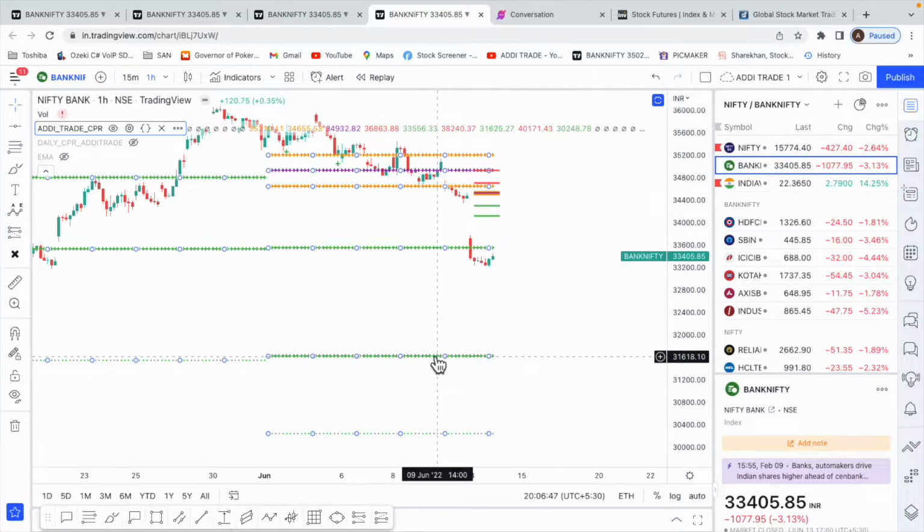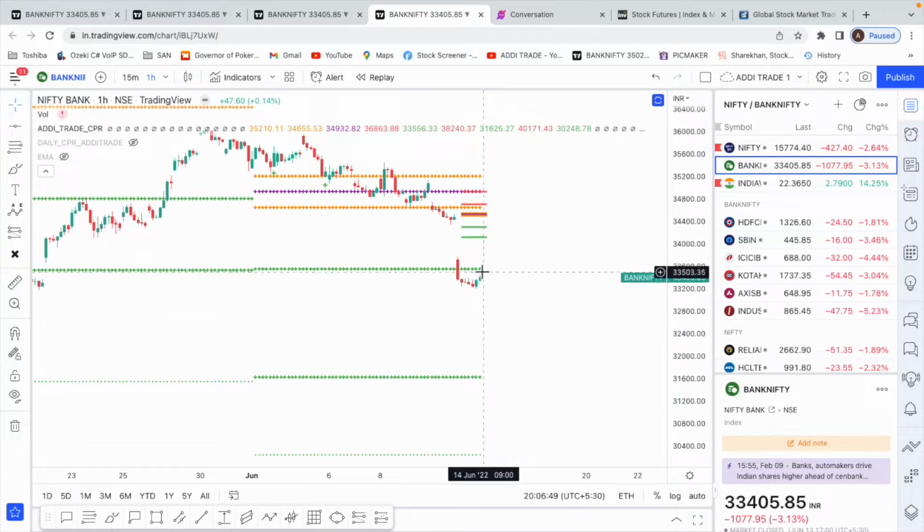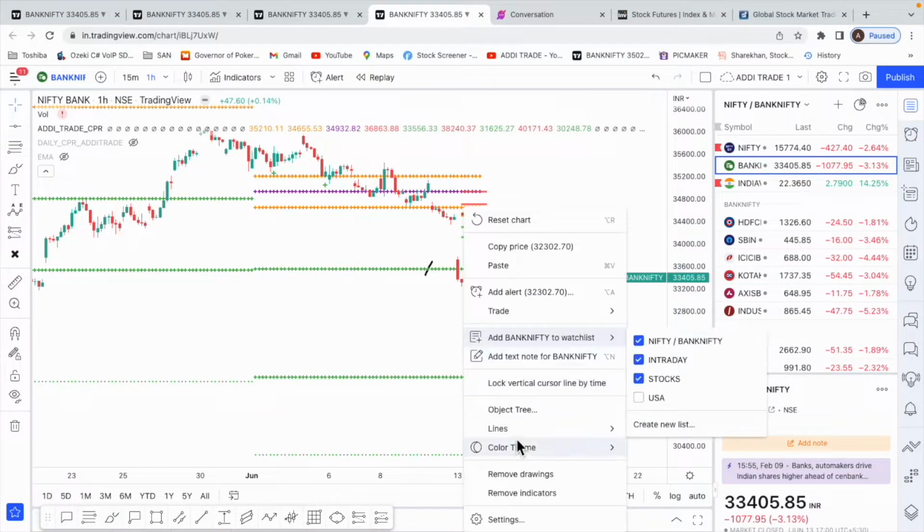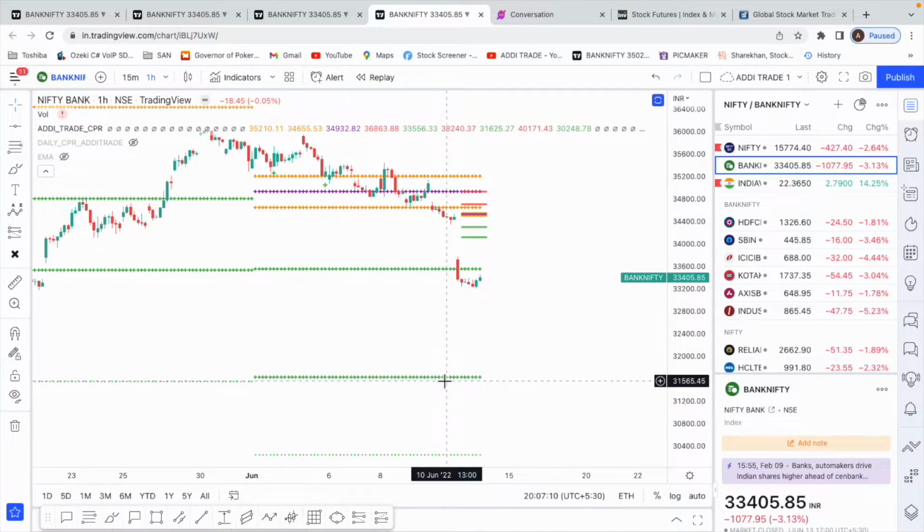There's a good chance we might even start moving higher from here if the global markets recover, right? If we break the S1 from the downside, on the upper side we might probably come closer to the CPR. So this S2 of the monthly CPR is too far, but this is one level that we can keep track of if we start making new lower lows.